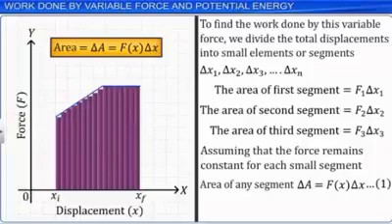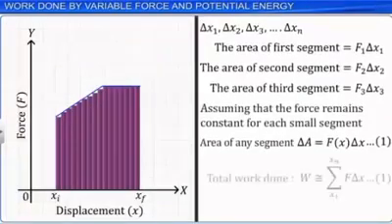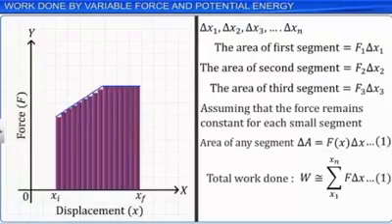Let this be equation 1. The total work done is equal to the sum of the areas of all the small elements, which is equal to the summation of F Δx taken within the limits from x1 to xn, as in expression 1. If the size of each segment is very small, each segment